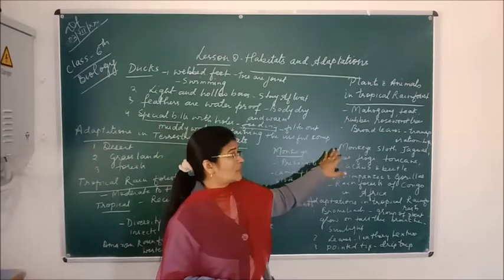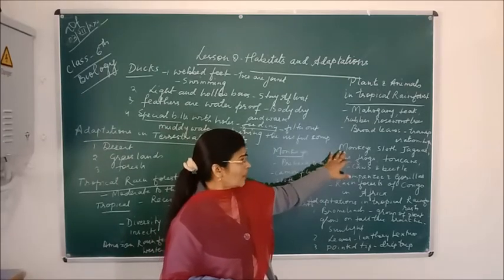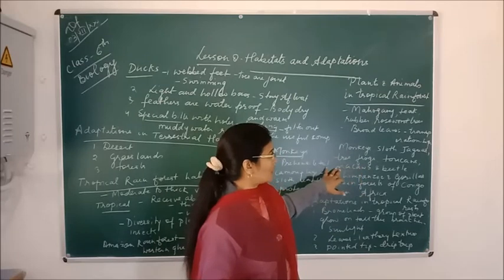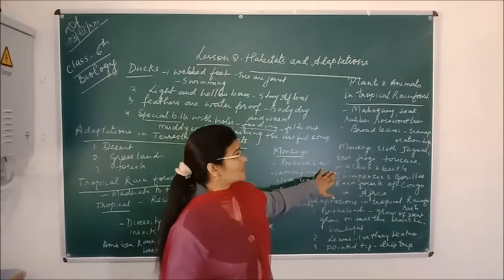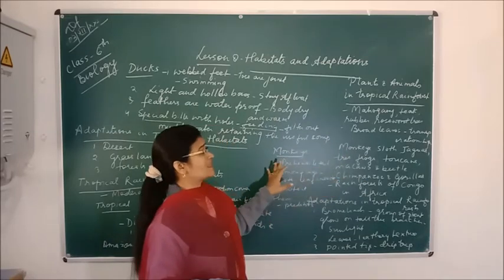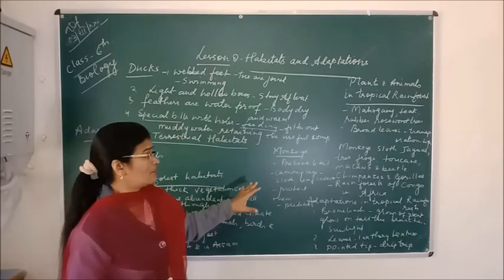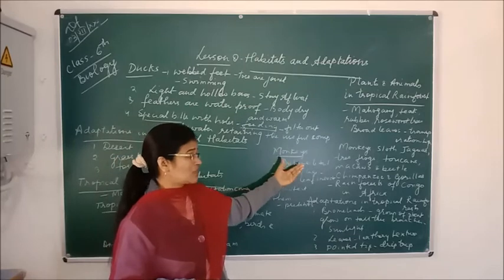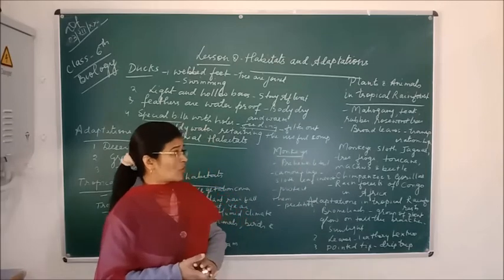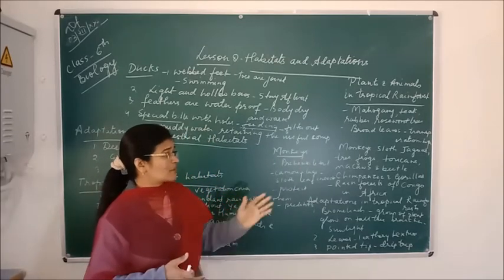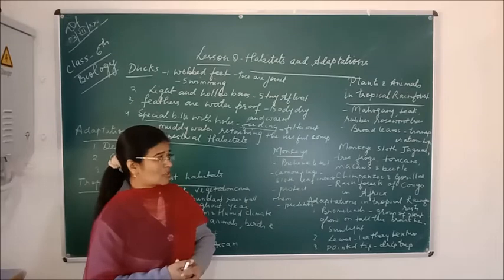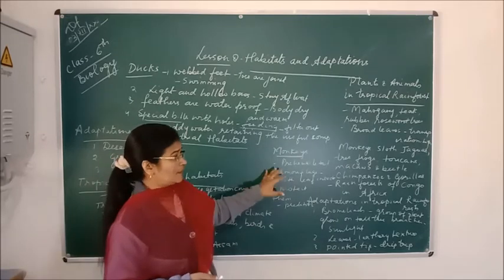The animals found in the tropical rainforest are monkeys, sloths, jaguars, tree frogs, toucans, macaws and beetles. Especially the monkeys, you all know, have special features. They have a prehensile tail. What is the main function of this prehensile tail? This tail helps them to climb on the trees, because with the help of this tail they can easily remain for a long time on the trees.